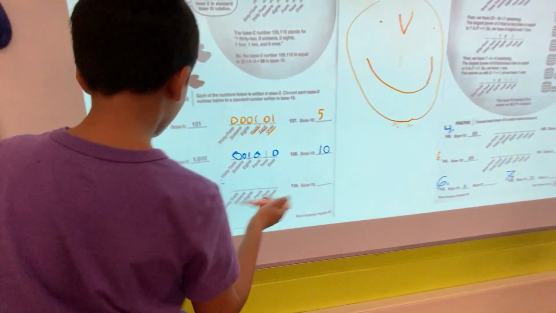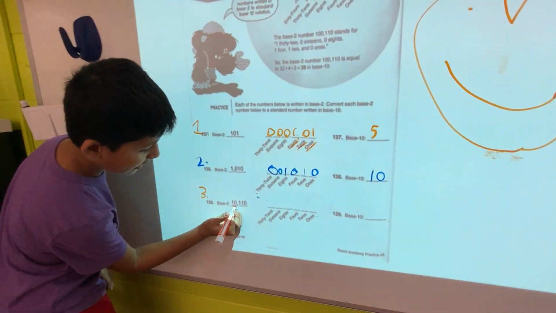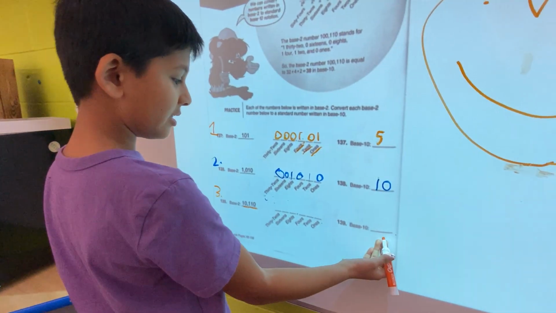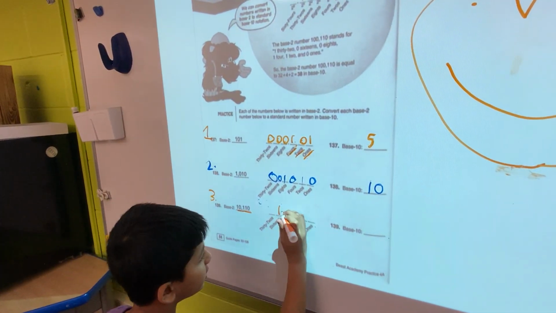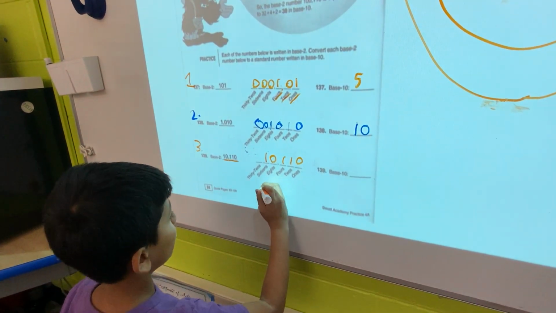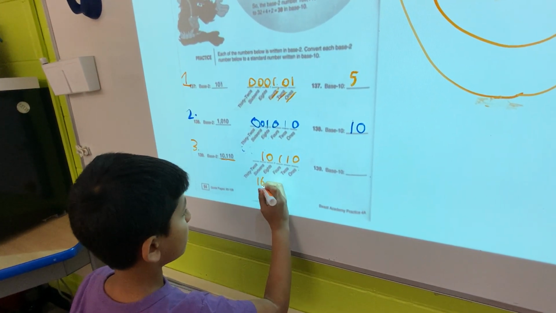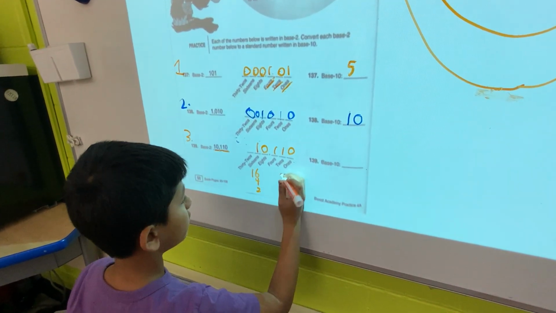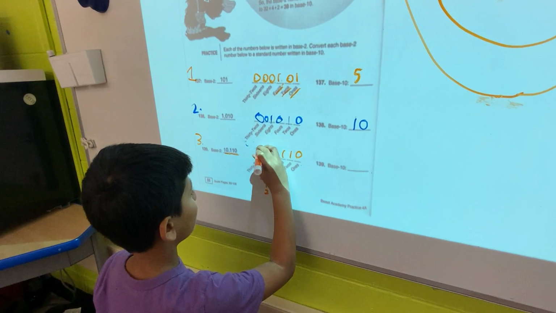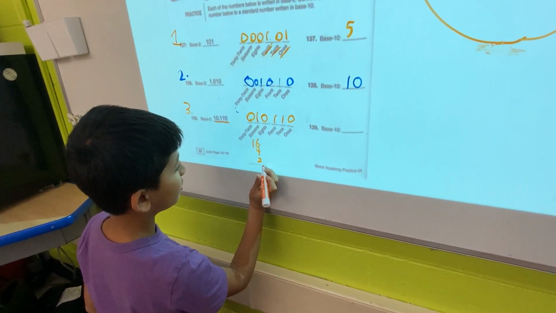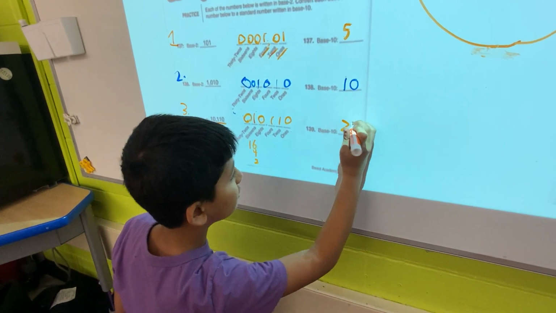Now we are going to be converting 10110 from base 2 into base 10. So you write 10110. So 1 sixteen, 1 four, 1 two, 0 ones. And we can fill in some zeros, but you don't have to. So 16 plus 4 is 20, plus 2 is 22. So the base 10 version of